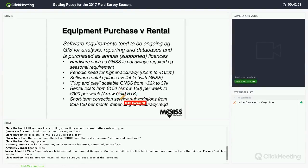And alongside that, we can also provide these flexible correction service subscriptions, either in those areas that don't give you free-to-air corrections such as SPass, or for those applications that need a higher level of accuracy, correction services which will cost you roughly £50 to £100 per month depending on